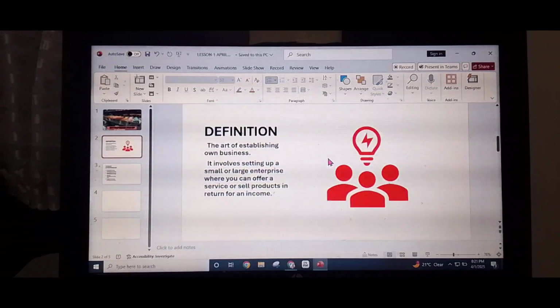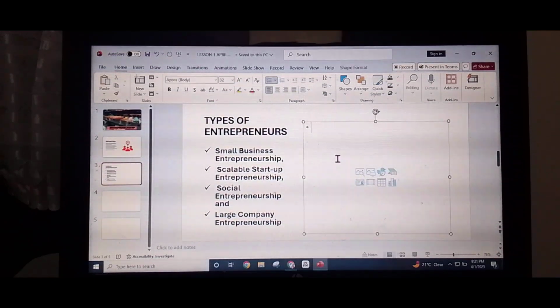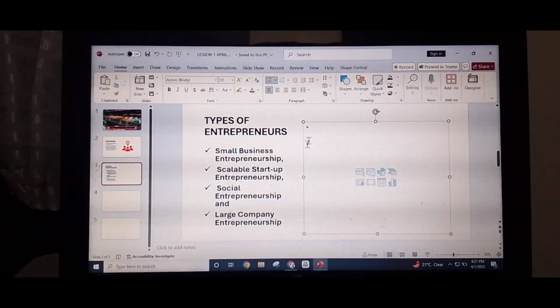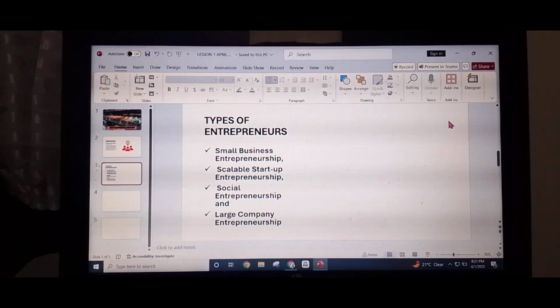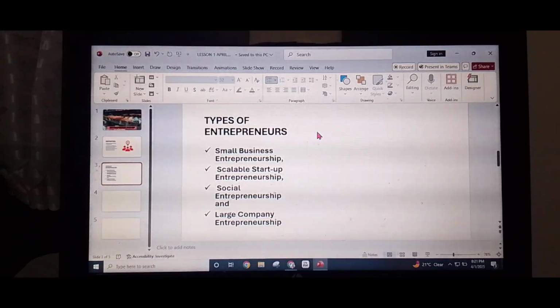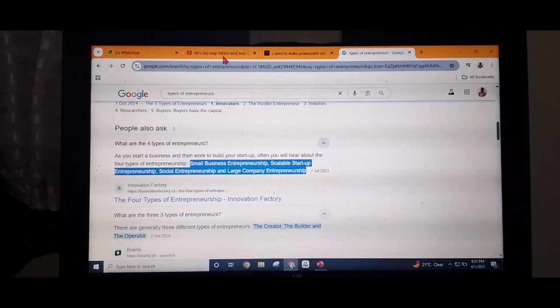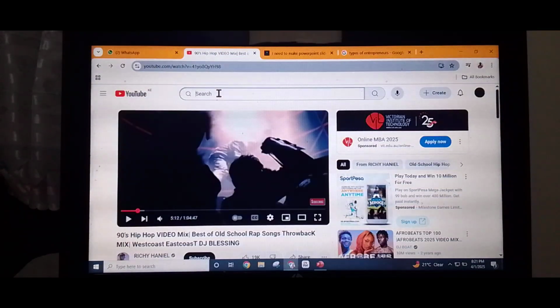So here on this second slide, I'll insert an image to represent that. What if you were to insert a video? In case you were to put a video, let me first erase this. The first thing you need to do is to search where the video is, so that we copy that URL link, the internet link. So I'll click here, then I'll go to maybe YouTube and type